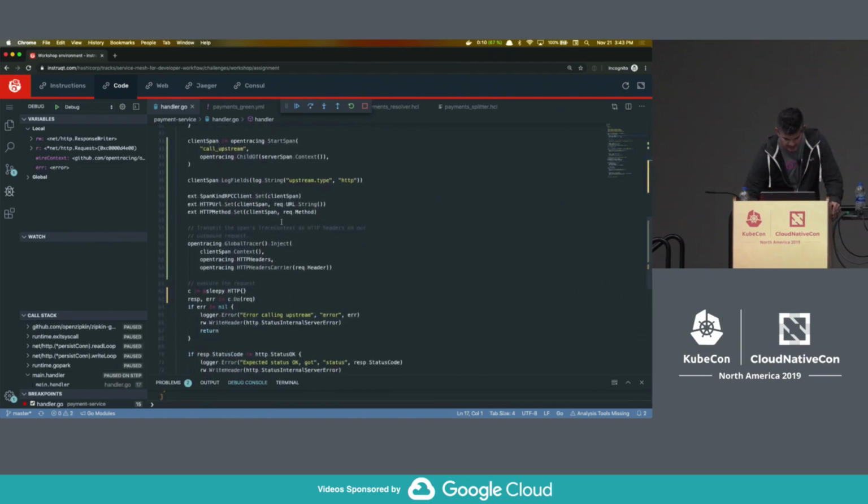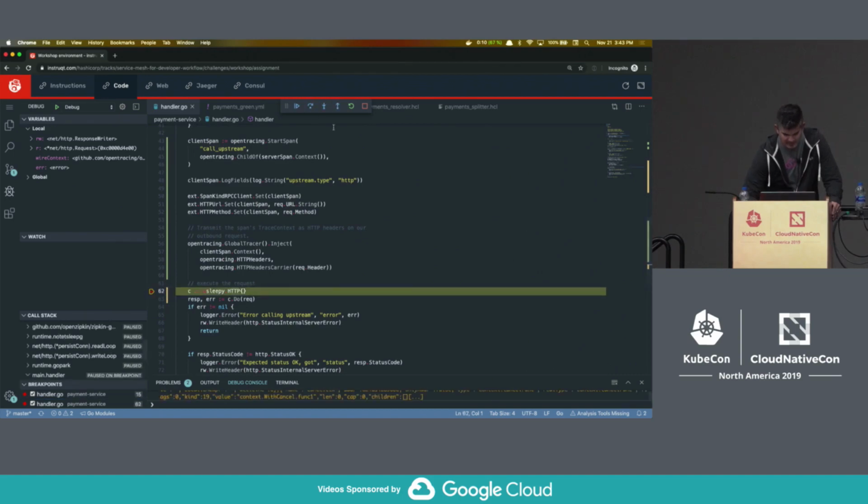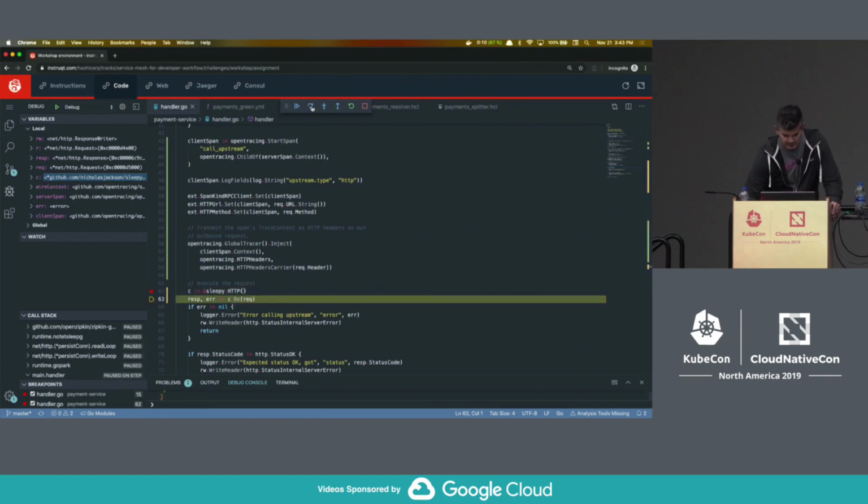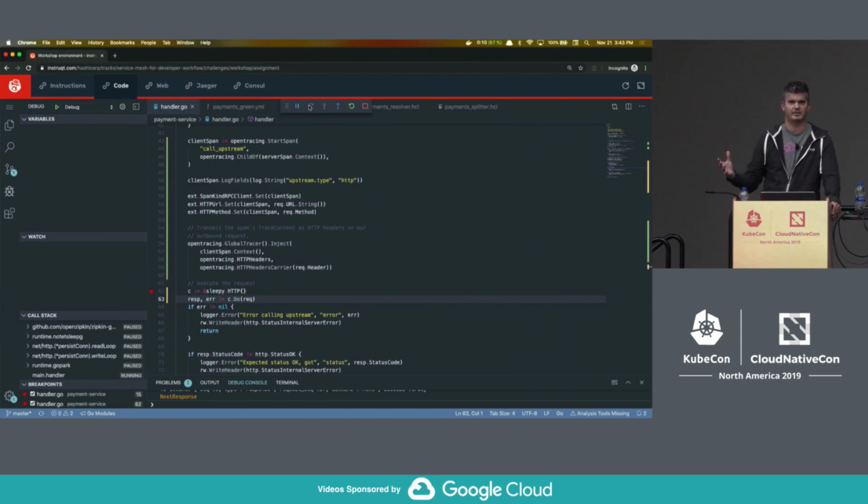Maybe to speed things up a little bit. We get to that part. And then we try to step over that one. Oh, I need to do the request. Step over that one, and then it sits and hangs. So we're able to step through the code, evaluate the call stack, evaluate the context variables, and then we got to a point where now the thing just is a black hole, right? It just sinks, and it's